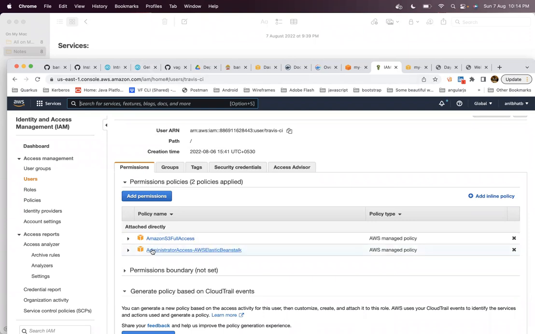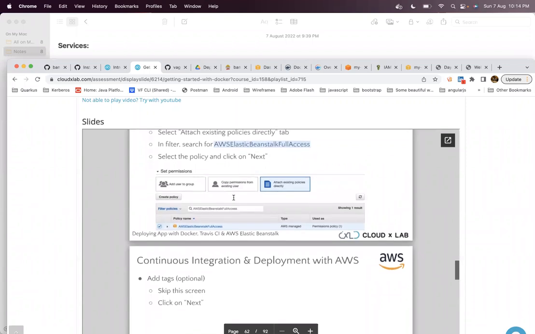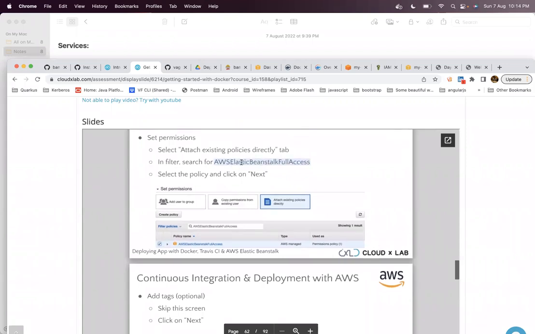In the slide, we have AWS Elastic Beanstalk full access, instead of administrator access. It is no longer supported by AWS. You cannot find it at all. So instead of that, you can use the alternative. So you have access to Elastic Beanstalk via this policy.